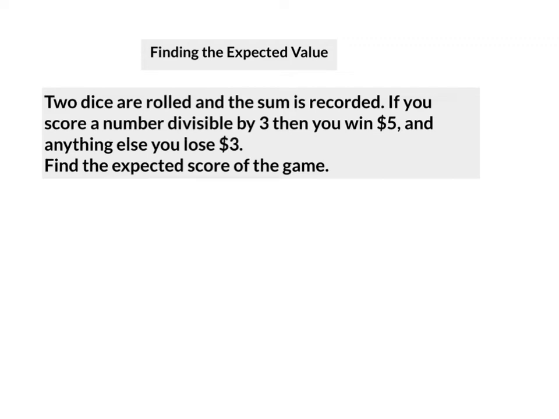So, finding the expected value. Score like this: you roll 2 dice and the sum is recorded. If you score a number divisible by 3, then you win $5. So what we've got to do is make a little table here. So we know that the sum